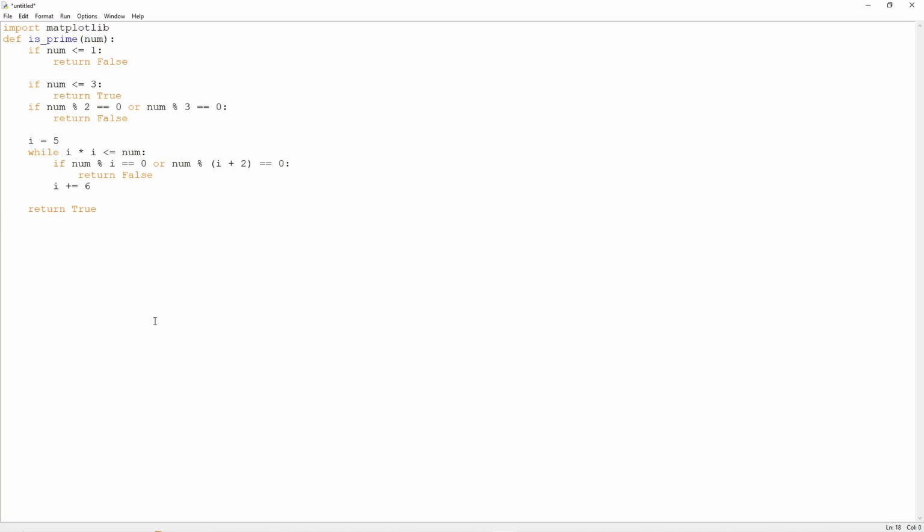So as far as I know, the twin prime conjecture is that there are infinitely many twin primes, which are primes that are two apart, like 11 and 13. So I could do something like